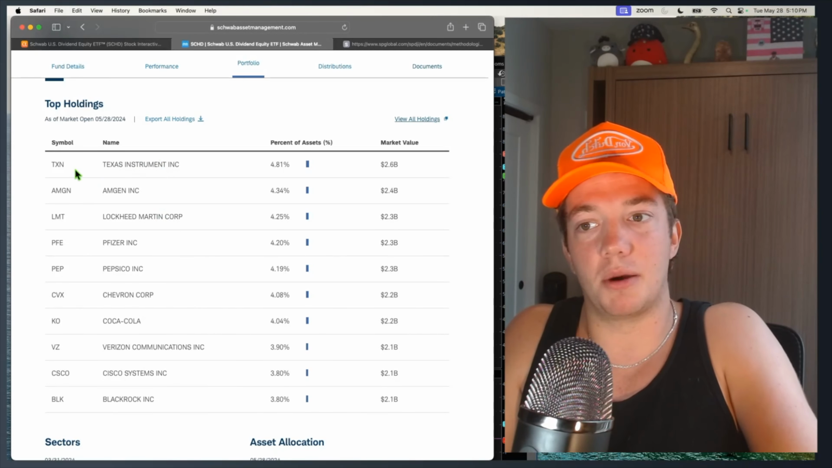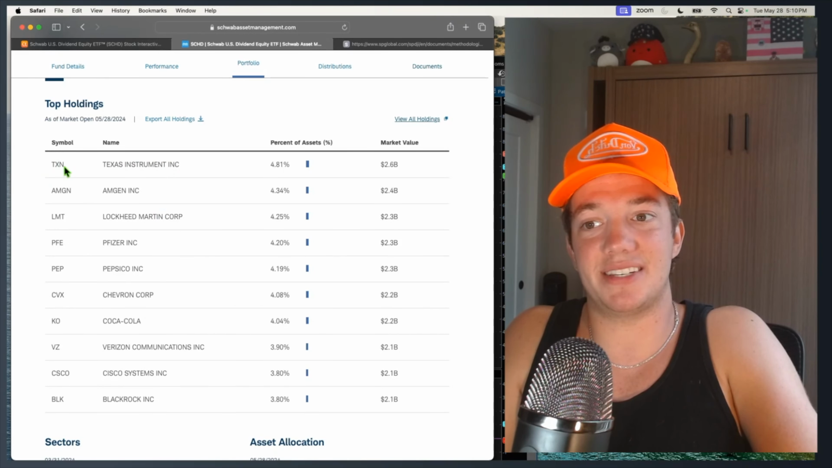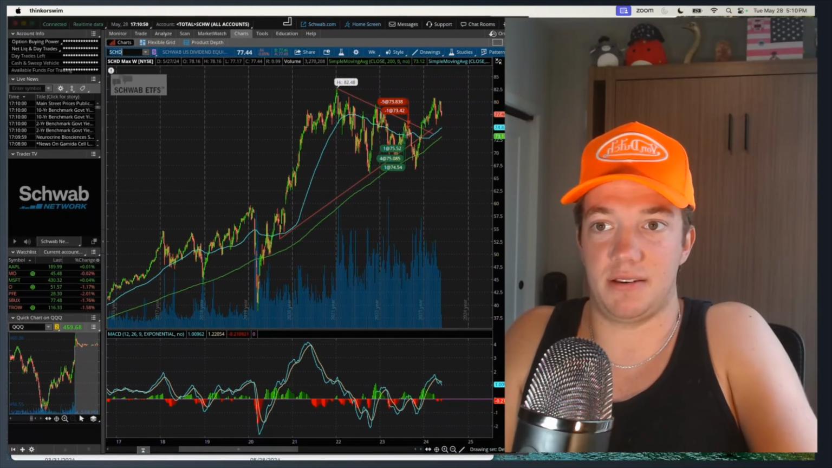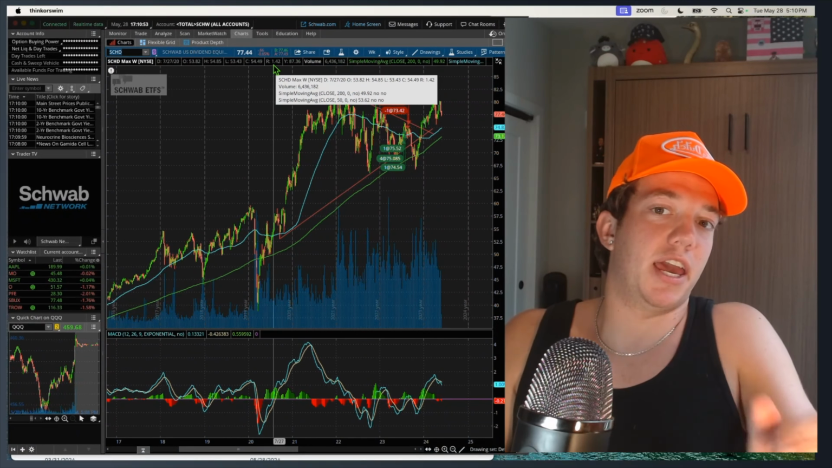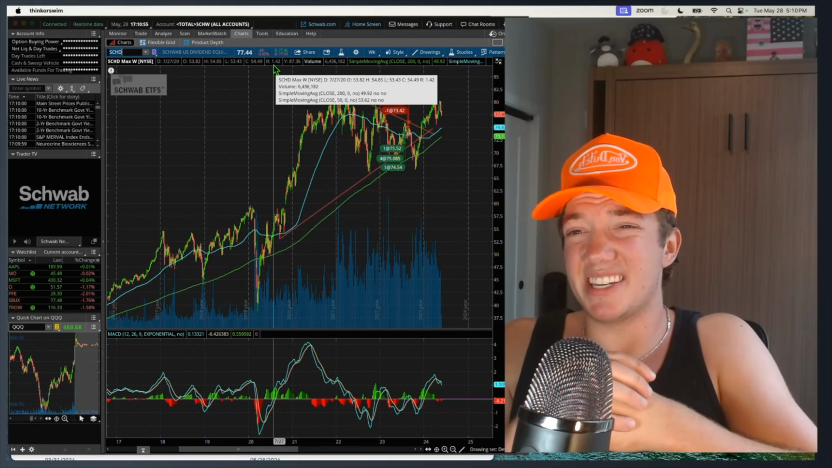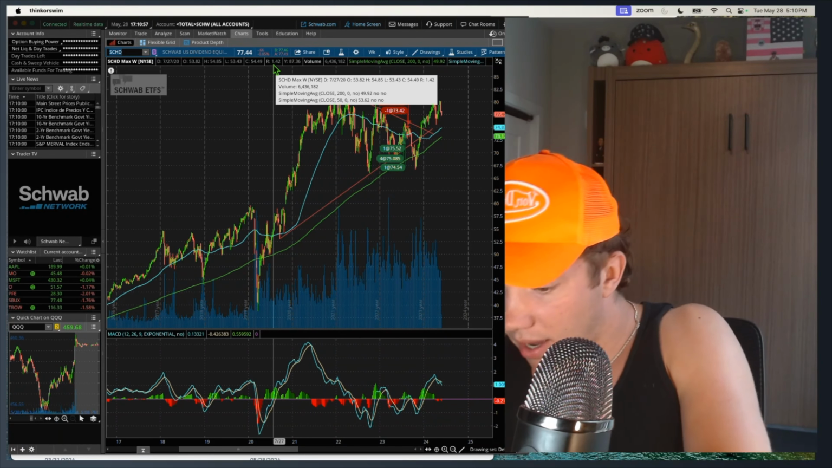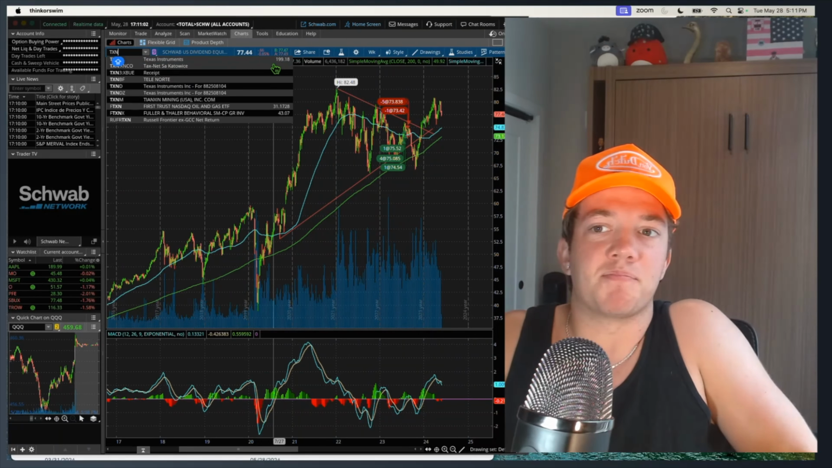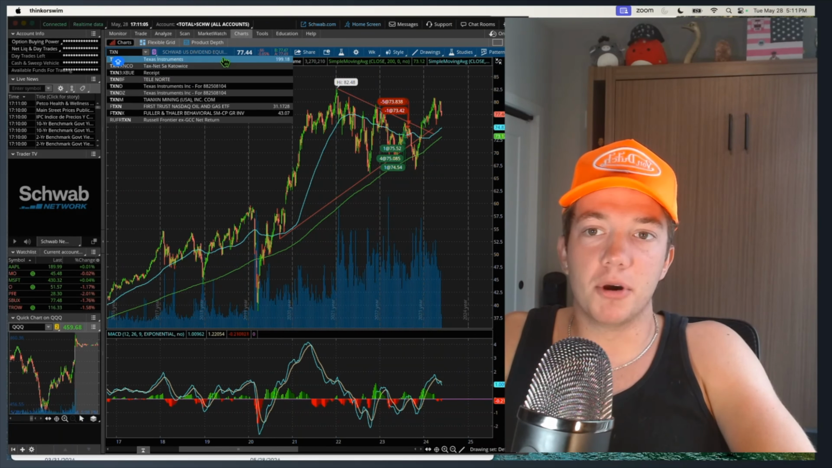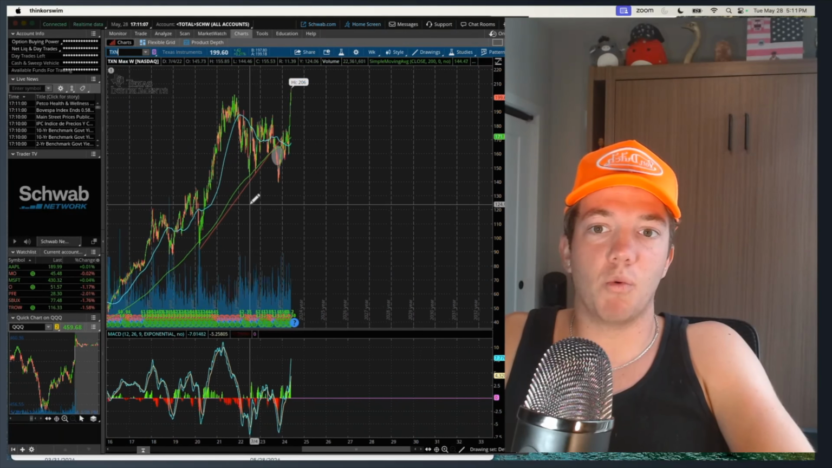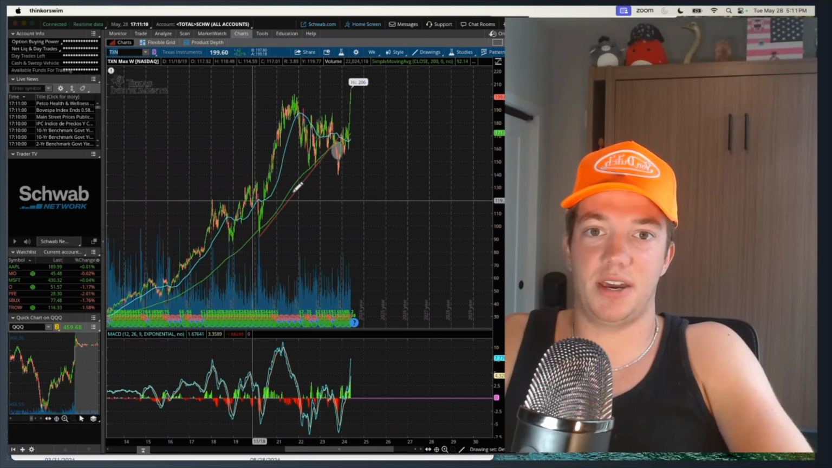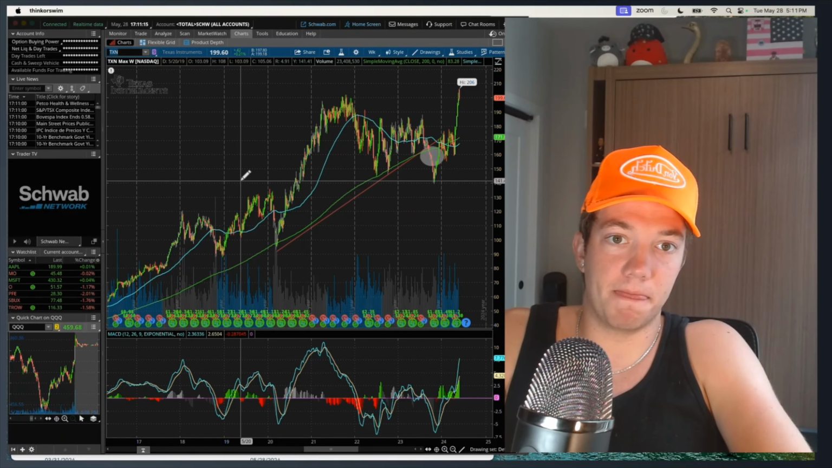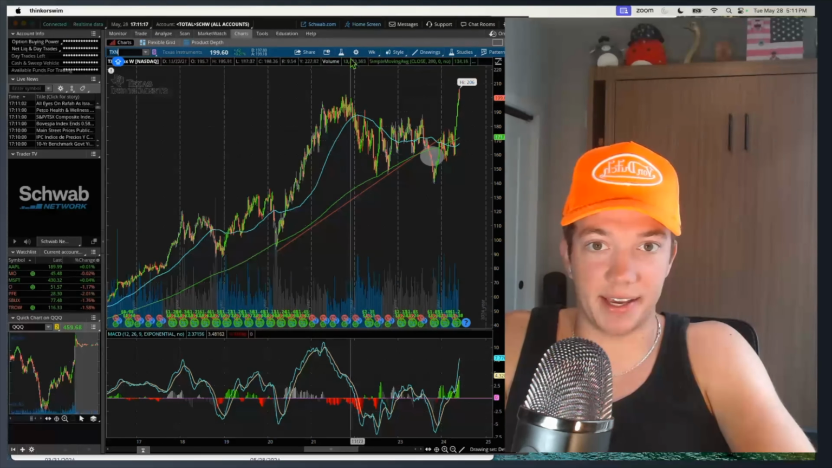So we see the number one holding, Texas Instruments, TXN. We just mentioned it, guys. Let's go ahead and pull up the chart for TXN. In recent times, I haven't really dug into Texas Instruments. I've had it on a watch list, I believe, but I haven't looked in detail at it. But just from looking at the chart, what do we see here with Texas Instruments? It just hit an all-time high,